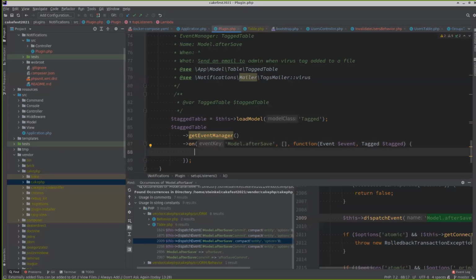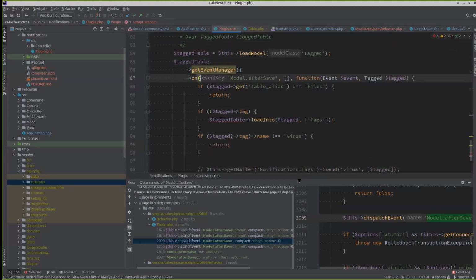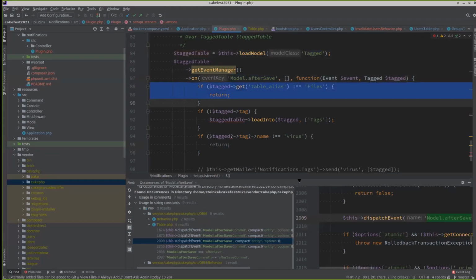So what's this event going to do? Let me copy the code because I have 2 minutes, so I can at least explain what I wanted to do. I don't care about the mailer right now, right? Every time the tagged table event manager is dispatching a model after save event, I'm going to check if I am tagging a file,